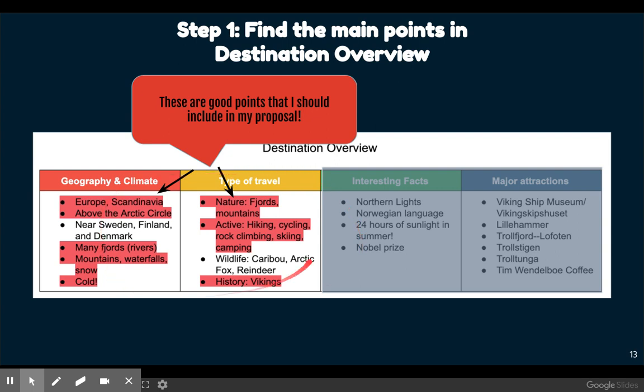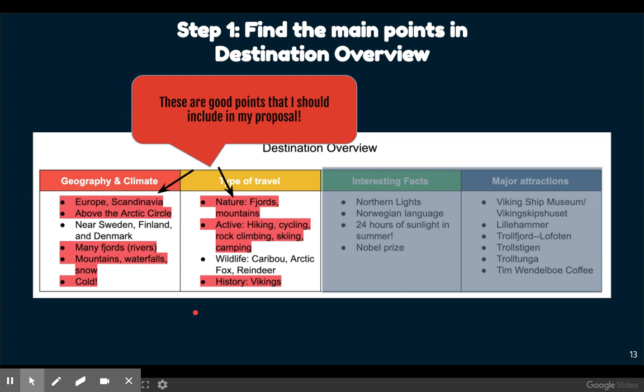And I'm going to start with my first 2 columns, geography and climate and type of travel, and find in these sections what the main points are that I want to include in my proposal. So I've gone through and highlighted a few of the main points that I also found in my attractions.